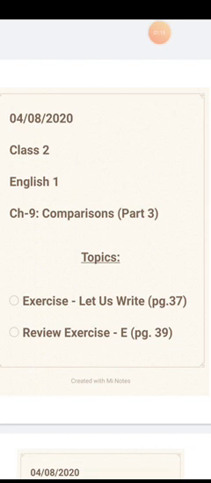Like when we say fast runner, we use the same describing word fast with a spelling change, like faster than. Why? Because we are comparing two people, like Amit runs faster than Ayush. So here I am using this describing word in a different way to show the comparison, right? So let us do this exercise given on page number 37.